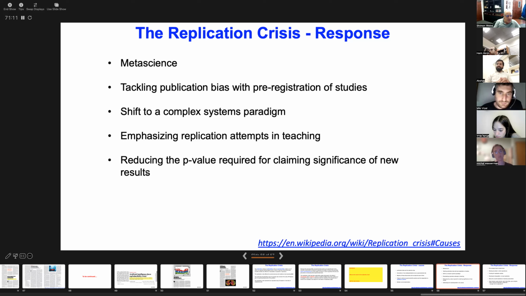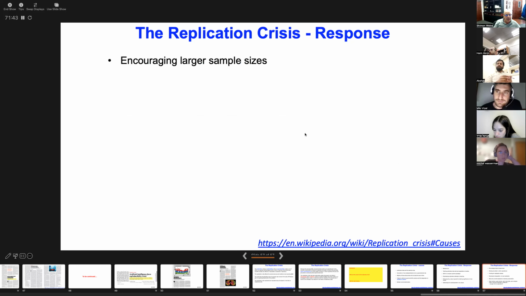So many, many people have been using statistics in the wrong way, because biologists and psychologists oftentimes are not trained in statistics, and they still use it, and because they don't know enough, they don't use it properly. So it has been identified that statistical training is one of the biggest issues. Addressing the misinterpretation of p-values, again, relating to statistics. Encouraging larger sample sizes. Sharing raw data in online repositories.